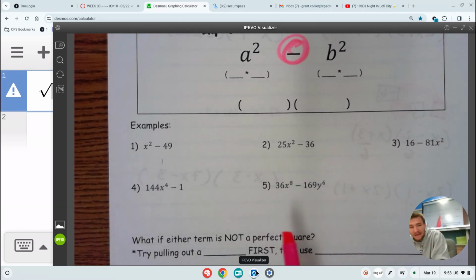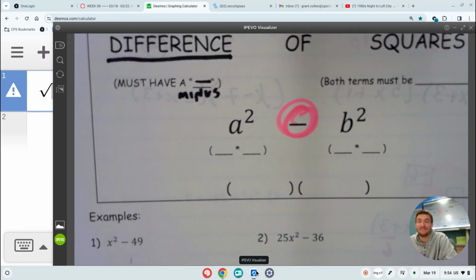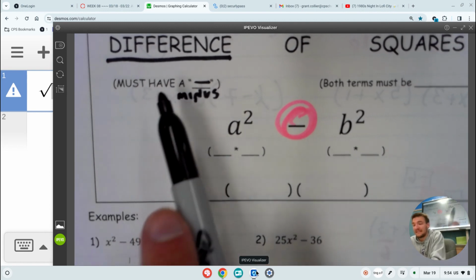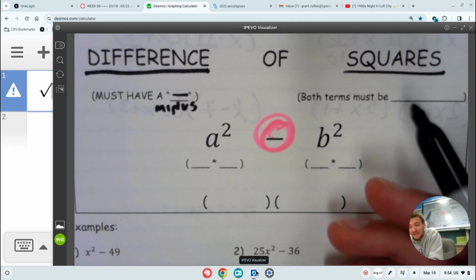Minus, minus, minus, minus, minus. What happens if there's a plus? There's not a plus. It's a minus every time. Okay? And then if it's called the difference of squares, both terms must be